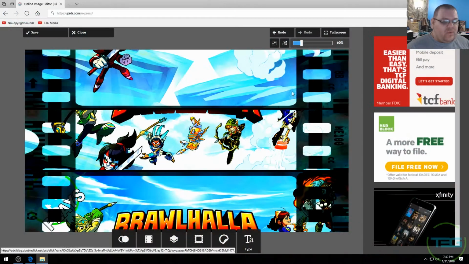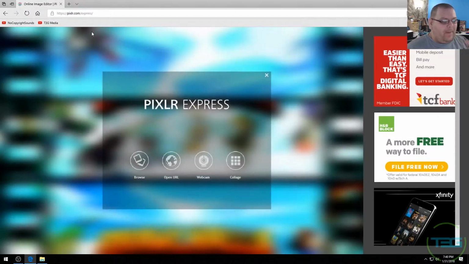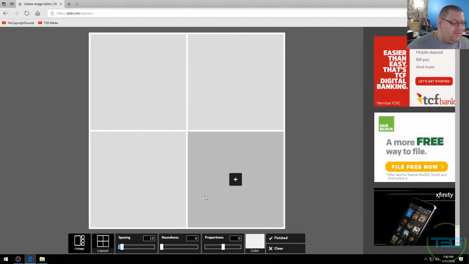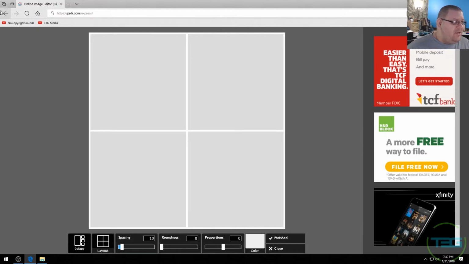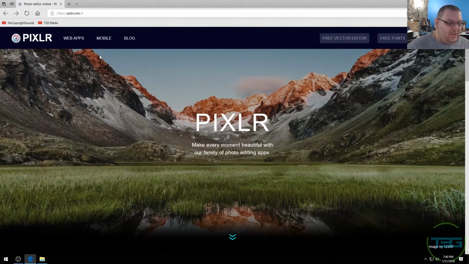So it just has a lot of really cool, quick options. Like I said, it's kind of like Instagram Plus. It gives you some extra features, and I think that's just really cool. You could do that with webcam. You've got collage options, and you could drop different stuff. You could change the layout. Tons of different layouts. And so this can be used to really spice up your